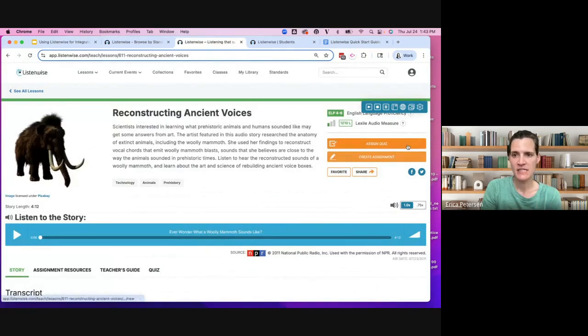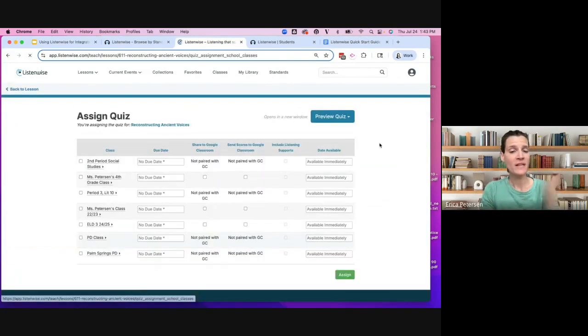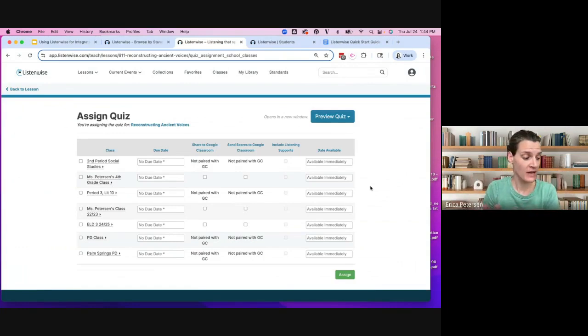So speaking of assigning, let's go through the assigned quiz. So as a reminder, the create assignment button will be that more open-ended, customizable, embedding the organizer, the comprehension questions, etc. Quizzes, fully different questions. Again, each of them testing specific listening skills, and it's all auto-graded. So those are the 2 paths you take. And a lot of teachers assign both of them, doing the written assignment first so they can really dig into the content, and then you assess with the quiz after. But they're separate assignments, so you'd have to set each one up on their own.